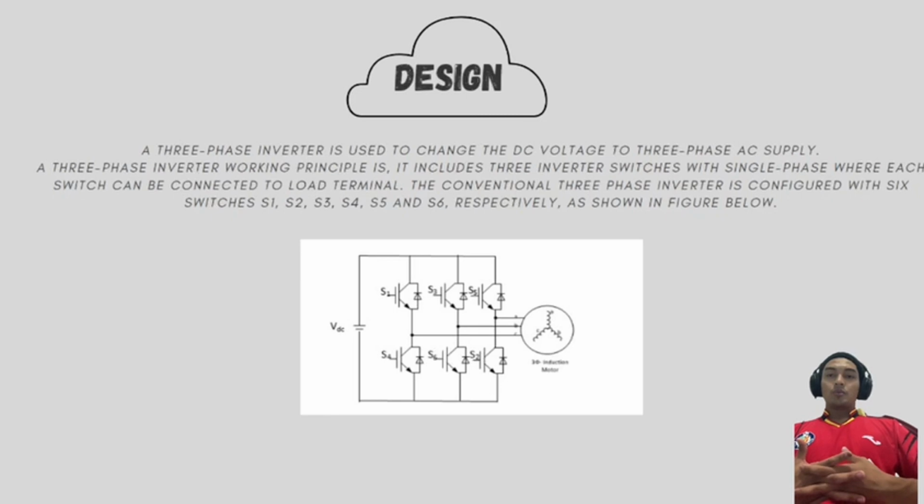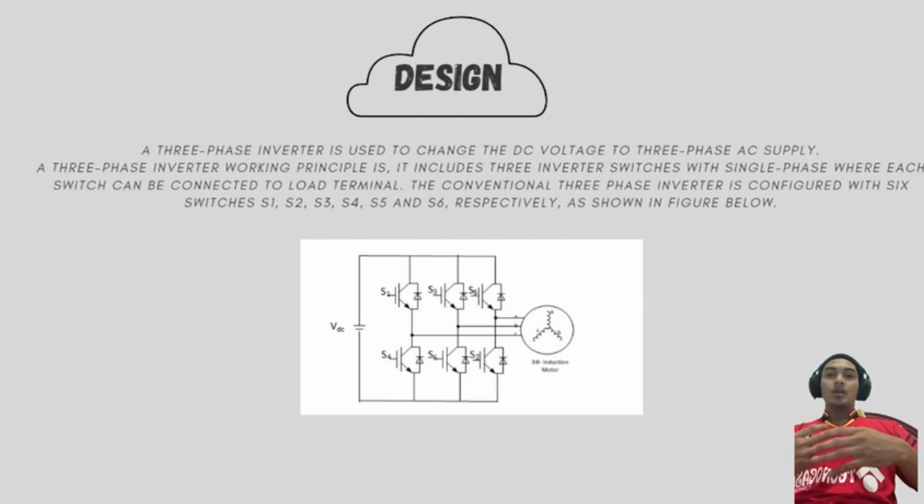Onto the following, I'm going to explain the design. For the design, we are going to see more into the simulation type after the methodology part. I'm going to explain what the three-phase inverter is. The three-phase inverter is used to change the DC voltage to a three-phase AC supply. The working principle of a three-phase inverter is that it includes three-phase inverter switches with single phase where each switch can be connected